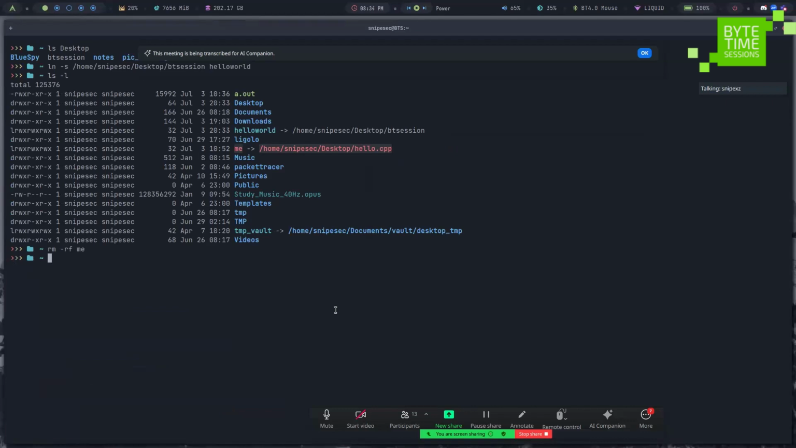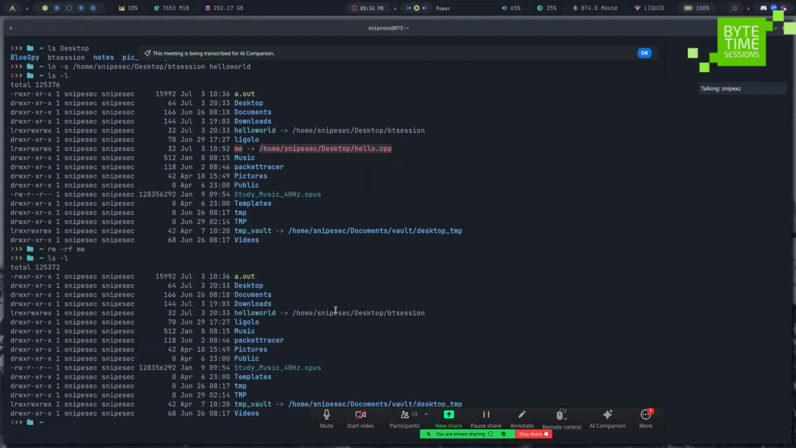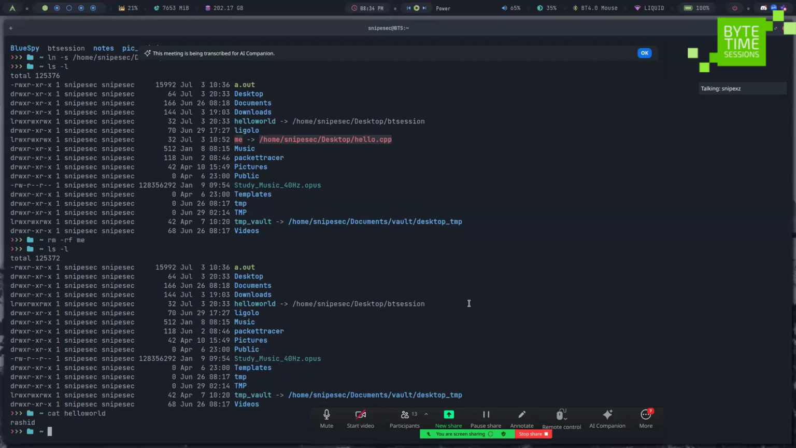Let me take this off. If I do ls -l here, you see we have hello world here, and it's actually pointing to home/snipe desktop and then BT session. Now, if I cat the new file, the symlink, realize it contains the content of BT session, right? Now, if I echo any message